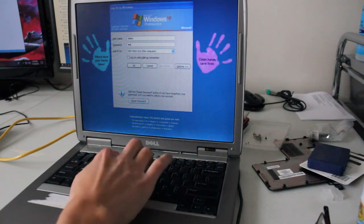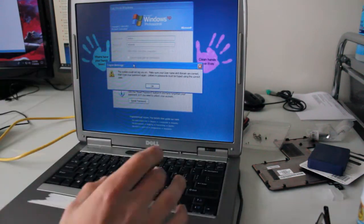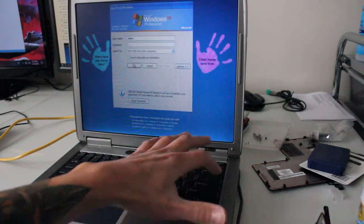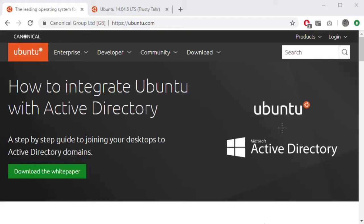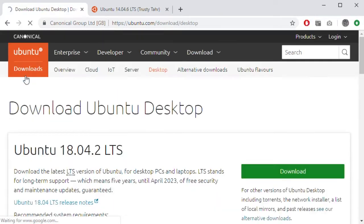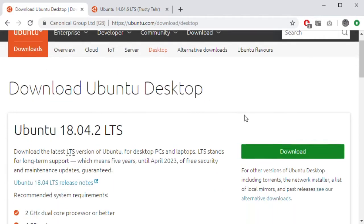Alright, so if you have a laptop and you can't log into your Windows operating system for whatever reason, you just don't know the password, this is how you can reset or change the password booting from a live Linux USB. So you grab a USB stick that is at least 2 gigabytes in size and head over to Ubuntu.com